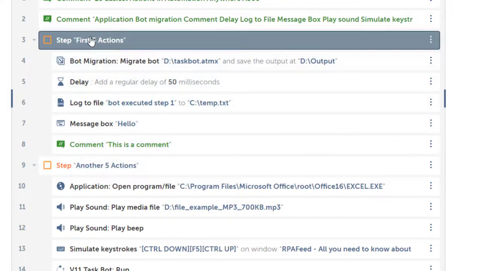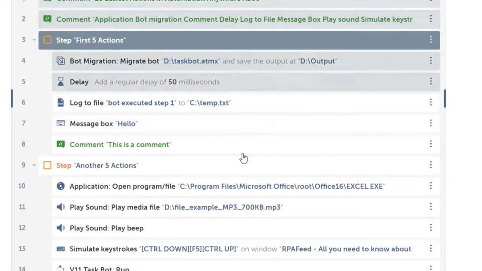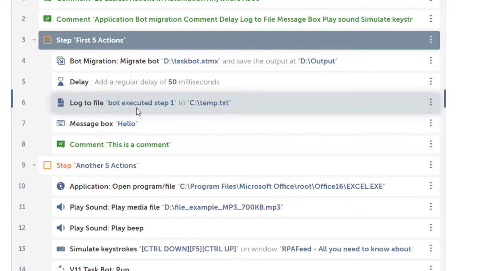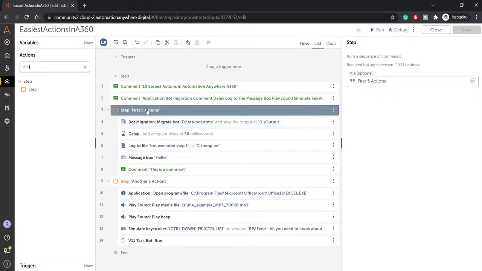Steps help you to logically group your actions so that the bot is readable and it's easy to locate the code and debug in future. So just a good to have feature. As a best practice, you can write your similar code in steps and group them in a step. So that's all about the step action.